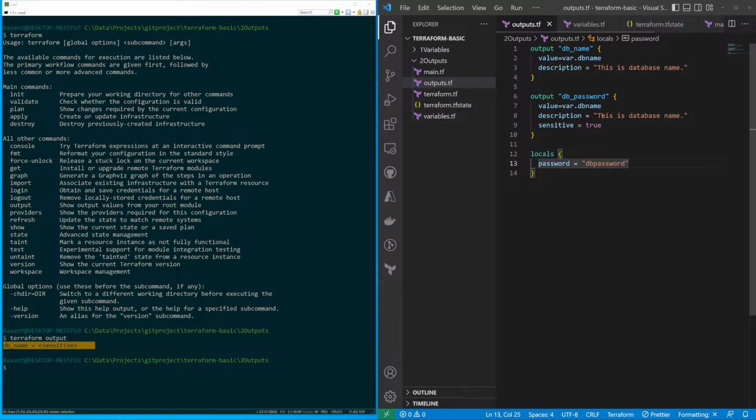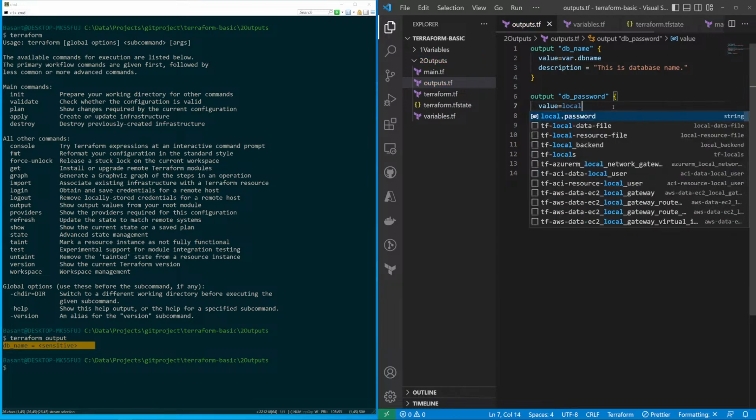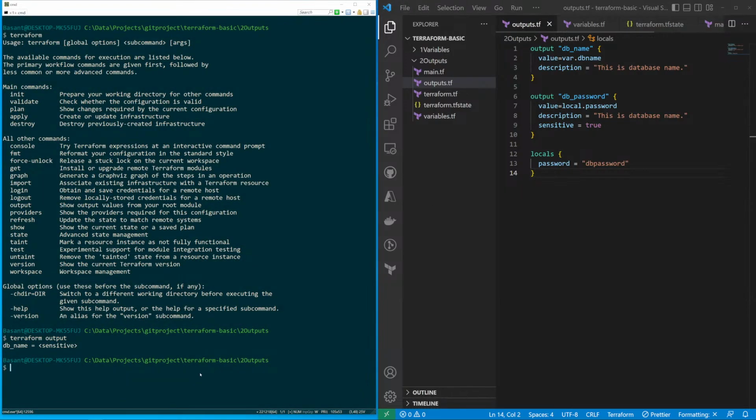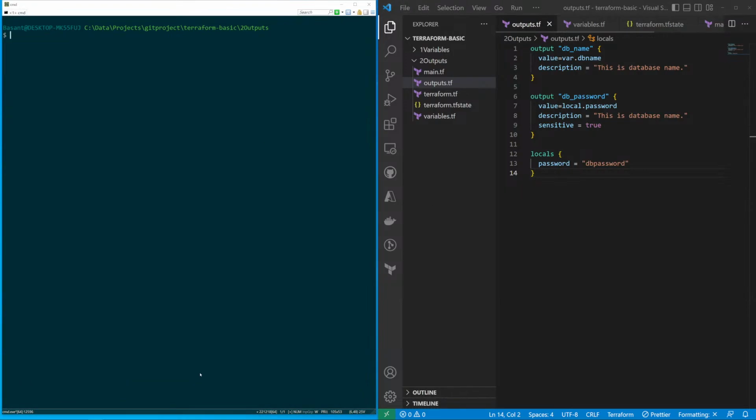And now I'm going to reference it here, local.password. So you see I've created it via locals, but I'm going to give the value here as local.password, without the s, right? So let's quickly clear it, and again I'm going to plan,